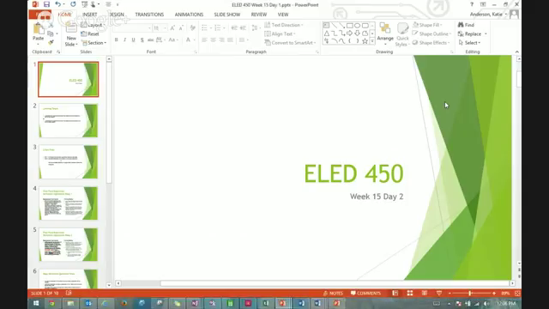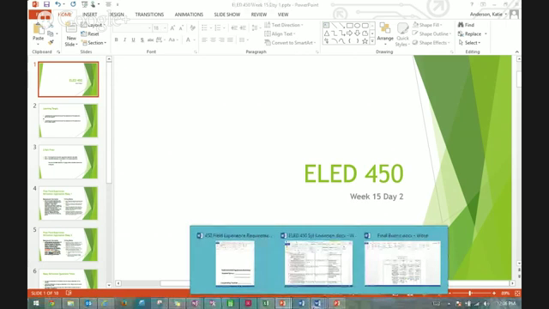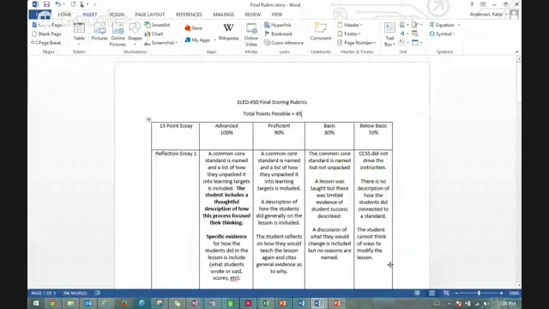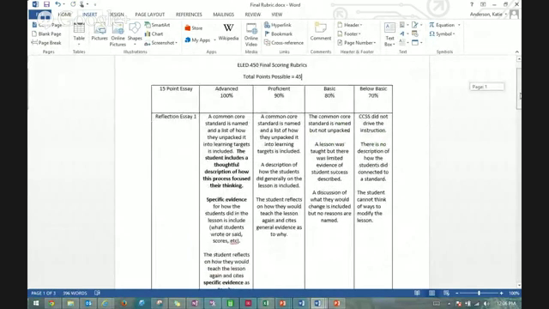So that's the end of my slideshow. The next thing that I want you to look at is our rubric, and I am going to put this on D2L so that you could look at it more closely. But essentially, there will be 45 possible points